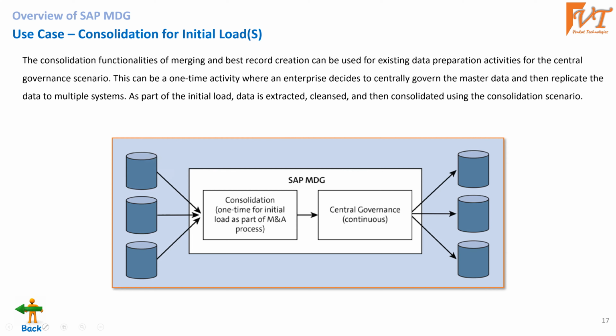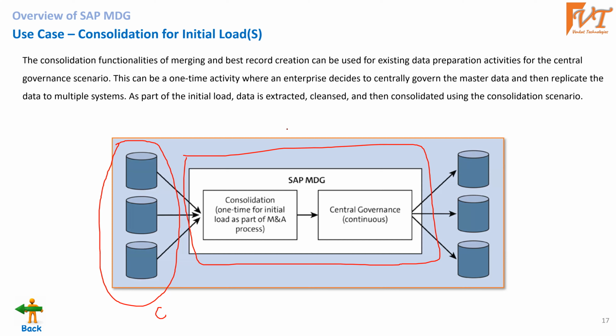So let's say the client has these many third party systems or source systems. So far they haven't implemented MDG. This is their current business scenario. Now they are planning to implement SAP MDG. They can implement that in different ways. There are different options, but at this point, I want to discuss only one of them. They can implement one common master data solution. When I say common master data solution, I mean one MDG system.